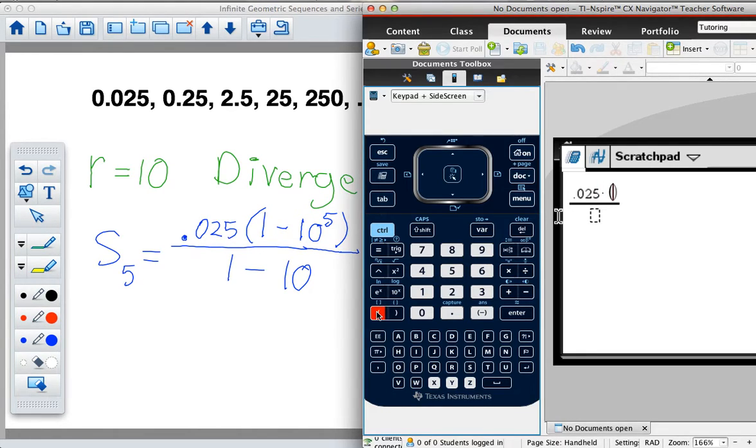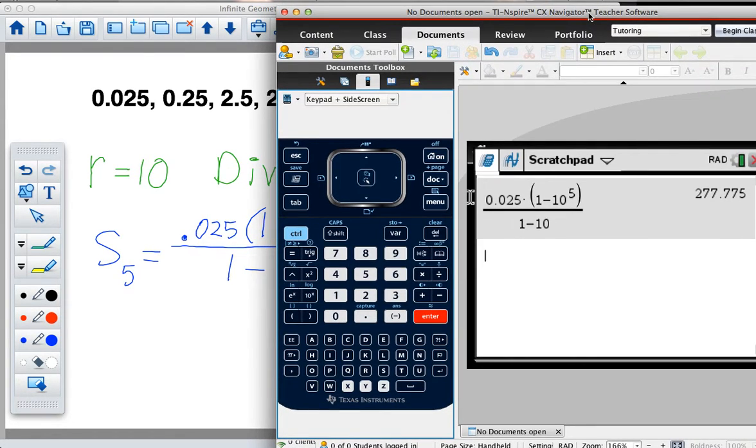All right, so for this one, the series of the first 5 terms will be my first term times 1 minus my rate. And in this case, we found out that our rate was 10, and that's raised to the 5th power. Okay, notice the 5 is inside the parentheses. I have seen in homework where the 5 was outside the parentheses, and I'll just show you some cautions, things to help keep that exponent inside. Okay, so this is our fraction. We push enter, and you can't see the answer. There's the answer. So for S sub 5, the answer is